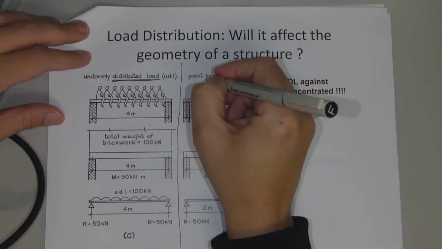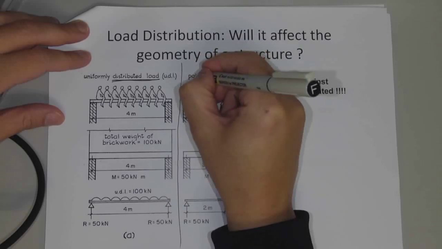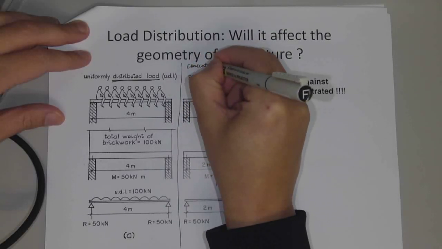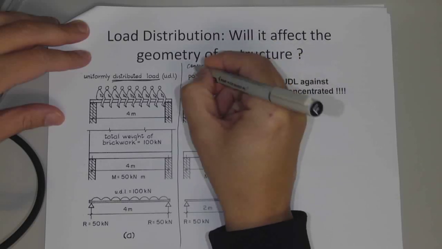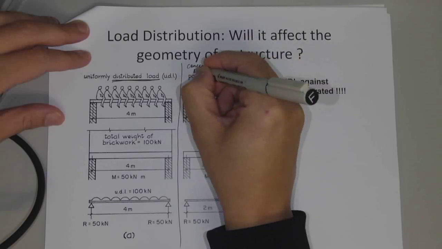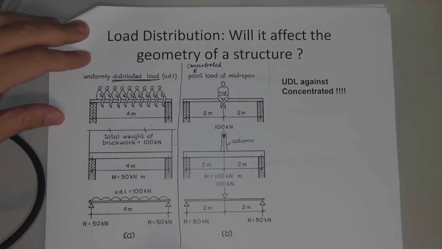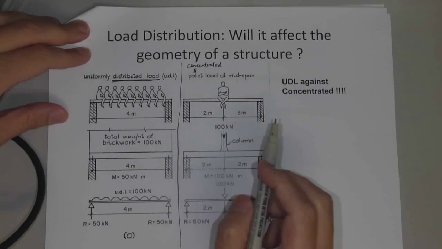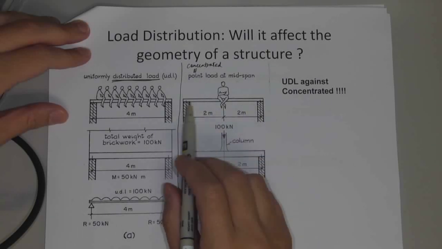And on the right side, we deal with point load, or another name that we talked about last week is concentrated load. Concentrated load is the same as point load. Right, so let's look at the right side. So we have a beam here,